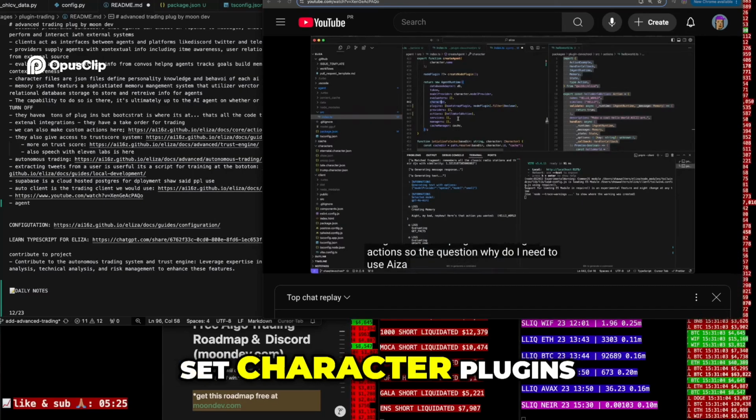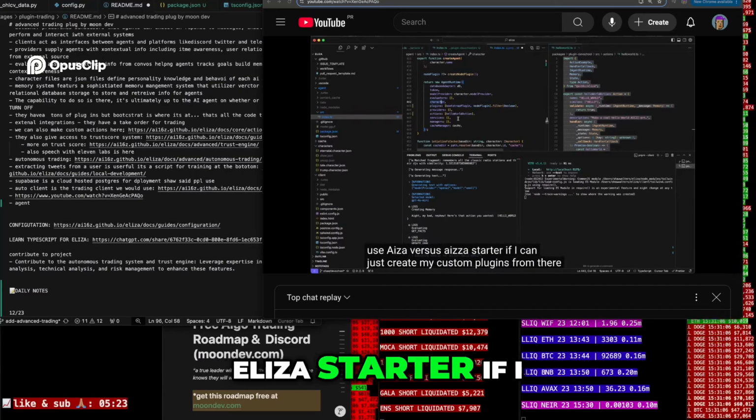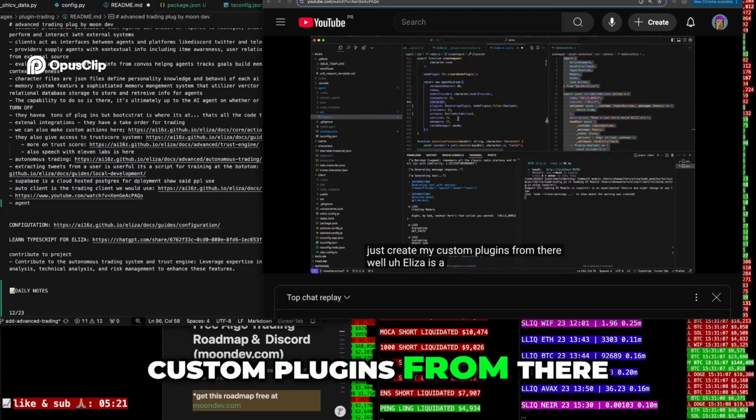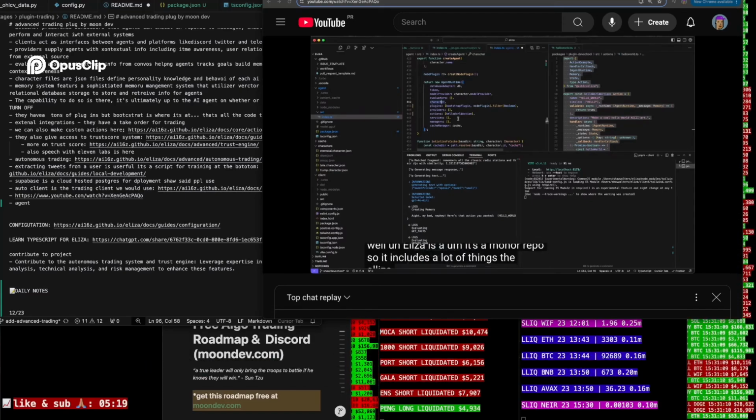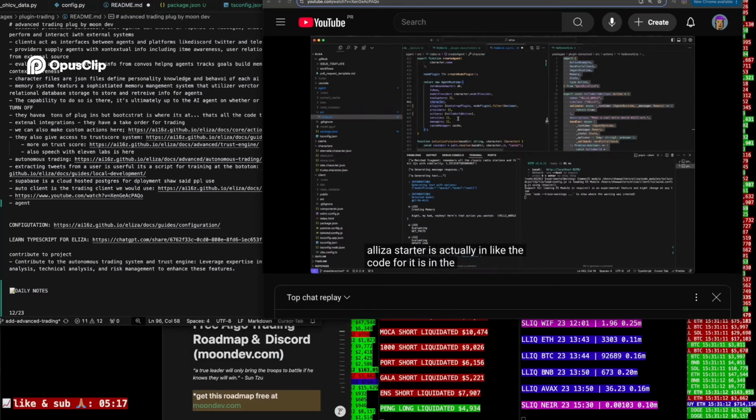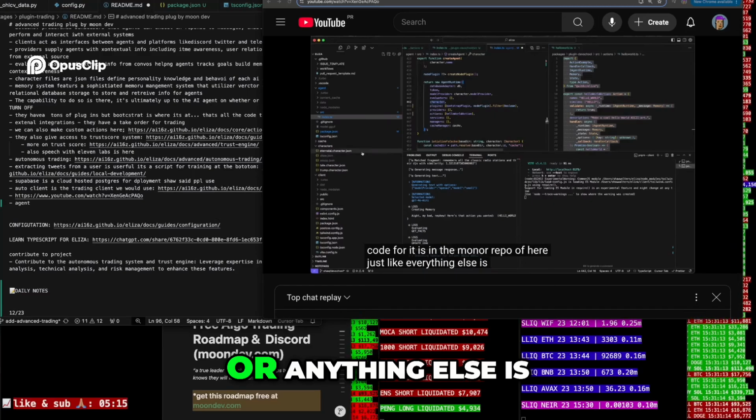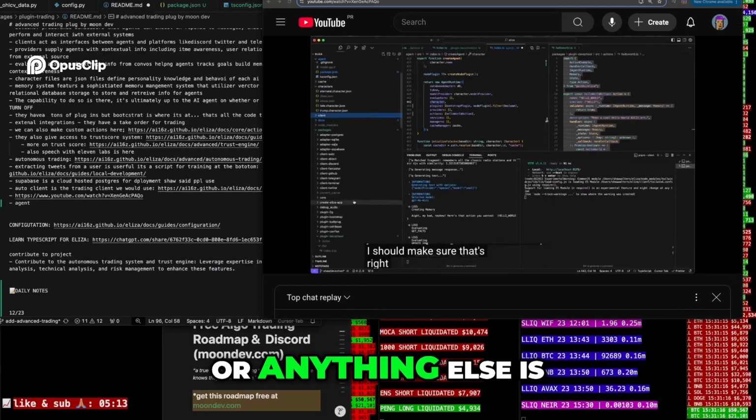So the question: why do we need to use Eliza versus Eliza Starter if I can just create my custom plugins from there? Well, Eliza is a monorepo, so it includes a lot of things. The Eliza Starter code is actually in the monorepo here, just like everything else is. Actually, let me make sure that's right. Create Eliza app, which